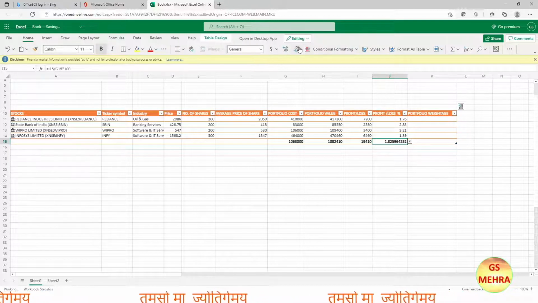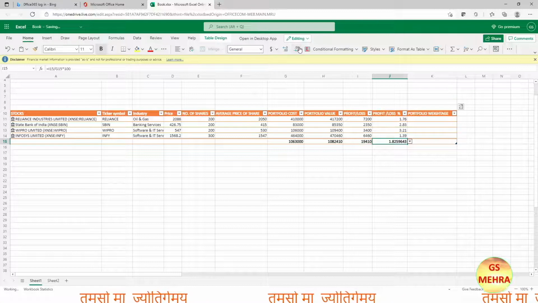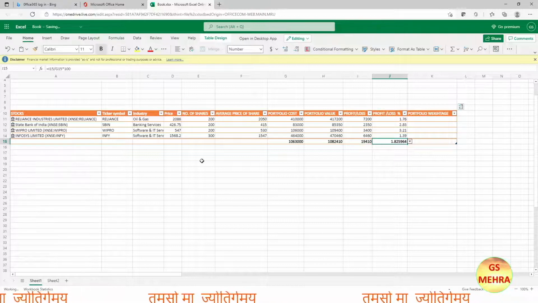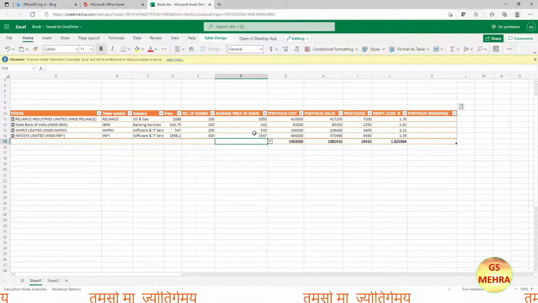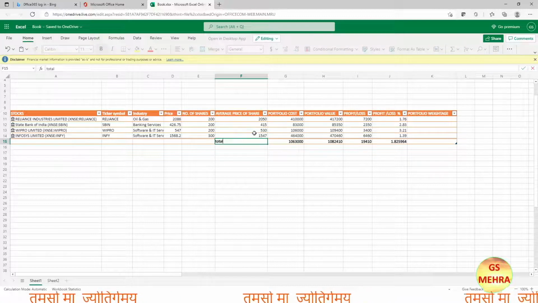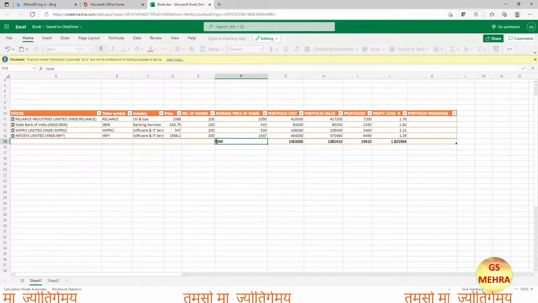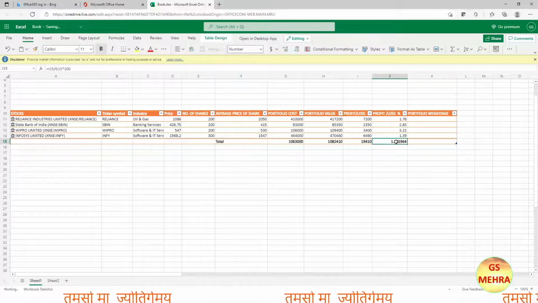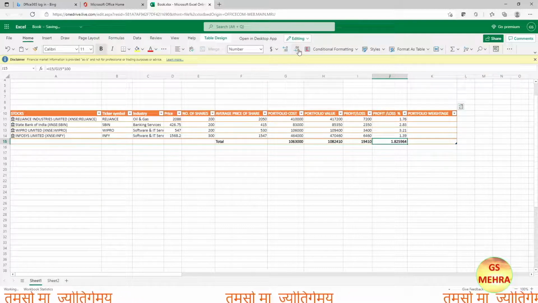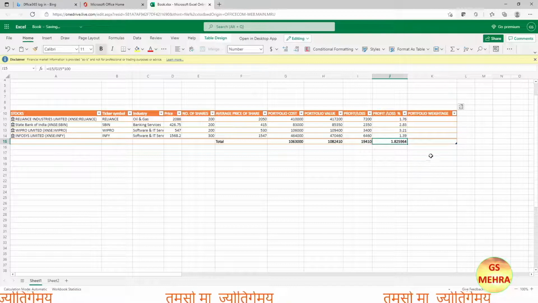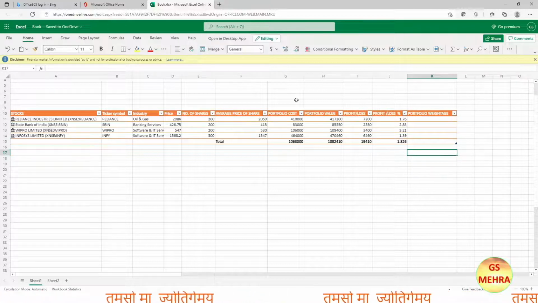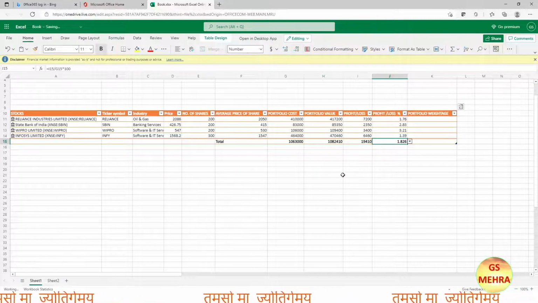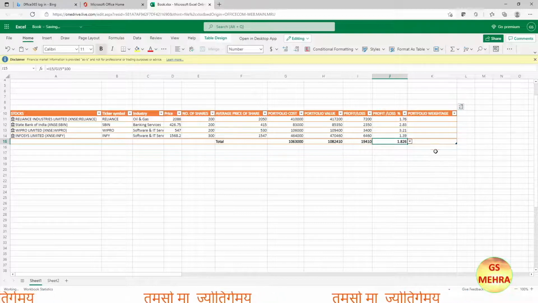Now we'll decrease the number of decimals because we want to keep it only till 2. So again, just clicking on that, and this we will write later on. First, let's write here total. This correction, we'll put capital T, so here's now Total. Next, let's try to reduce the number of decimals again. Going on reducing it, and yes, now it is 2 decimals.